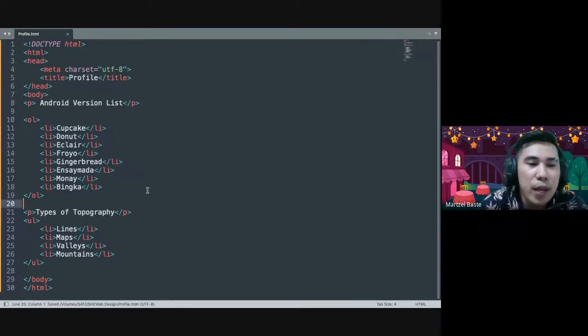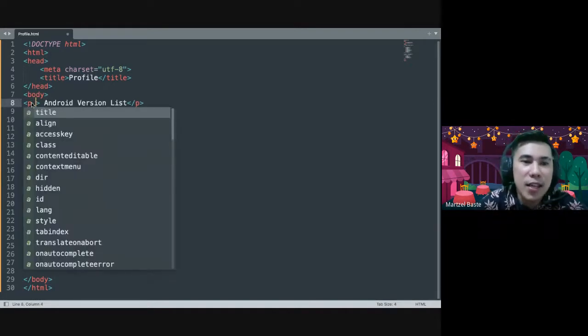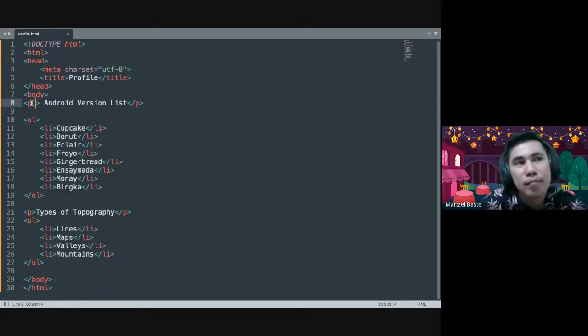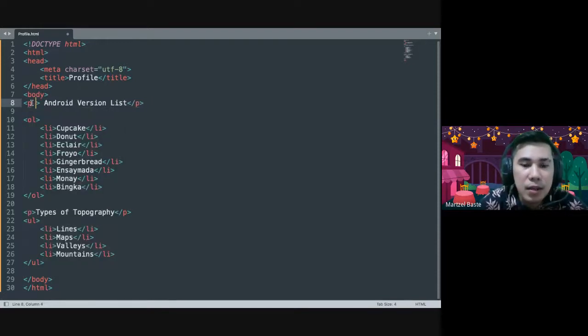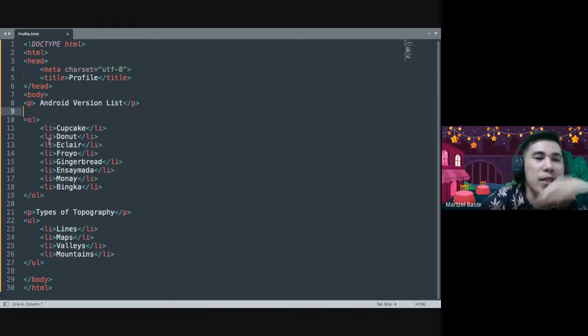That's a simple way to display an itemized list in our website. Now, what if you are going to put a division inside of, let's say for an instance, now, di ba mong ingon tag, let's say P style. So what we are going to do with here is that